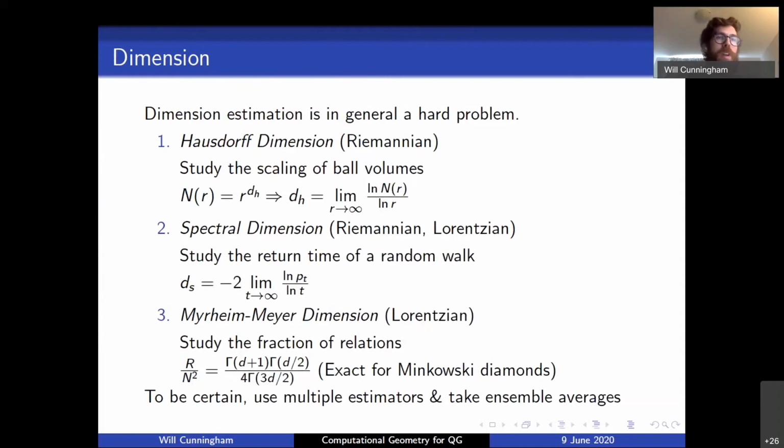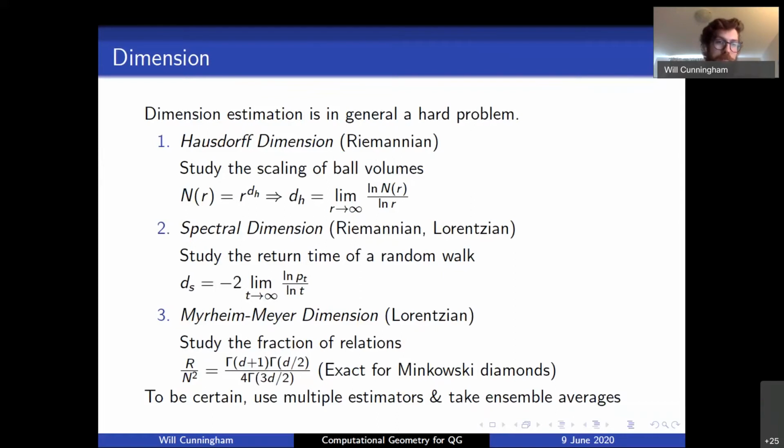This is motivated by the idea that for any nice geometric smooth manifold, at small enough scales, it's going to look like a flat surface, whether it's Euclidean or Minkowski. And so we use this assumption to test local regions of our graph to see, do they look flat, for instance,